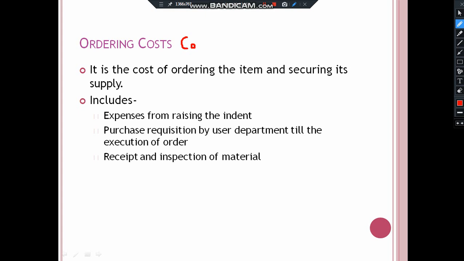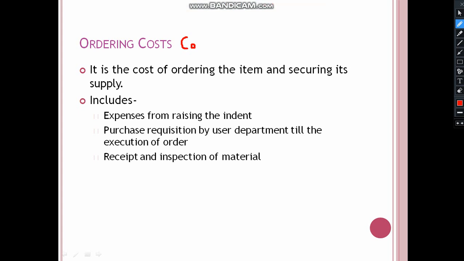Now suppose the raw material has reached your factory. Now you need some laborers who will unload the vehicle in which the raw material has come, and they will keep those raw material in the stock room. So definitely you will pay those laborers who will do this work. So that remuneration amount will also go under ordering cost. So this is what ordering cost means. Whatever money is invested from the time you have called for quotation to the time your raw material reaches your stock room, all that money will come under your ordering cost.